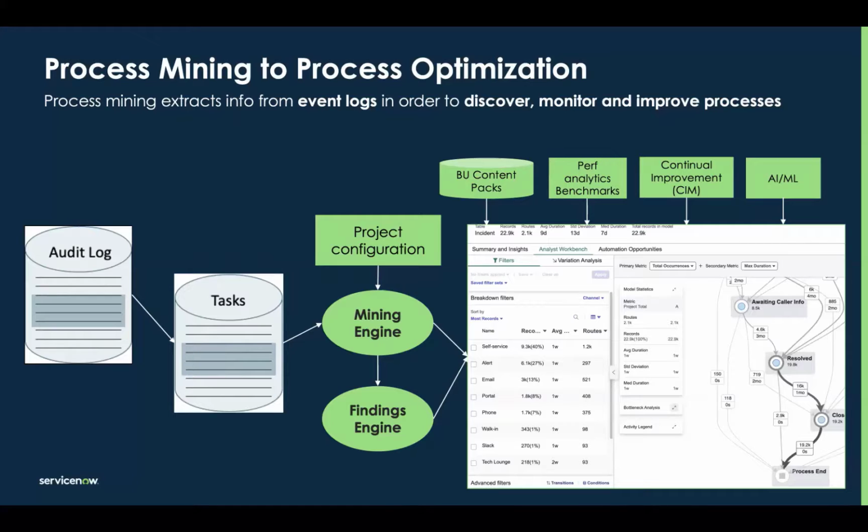We've packaged those up into content packs to help jumpstart you on your process mining journey, and you'll see some of that output in the demonstration. And then we've also done things like integrate it with performance analytics. So right from a performance analytics dashboard, if you see a spike or something strange in the data, you can drill down and right from the analytics hub, launch a process mining exercise for just that subset of the data